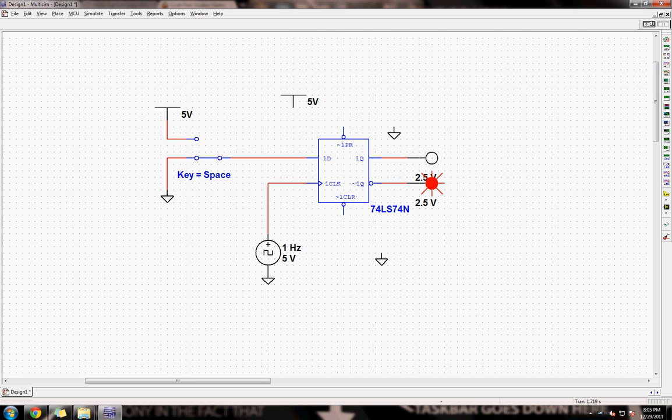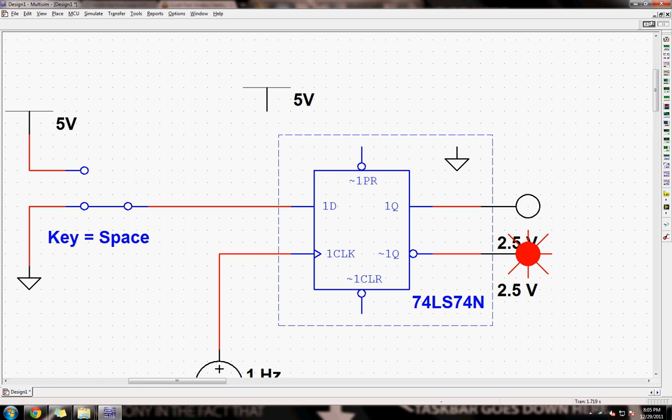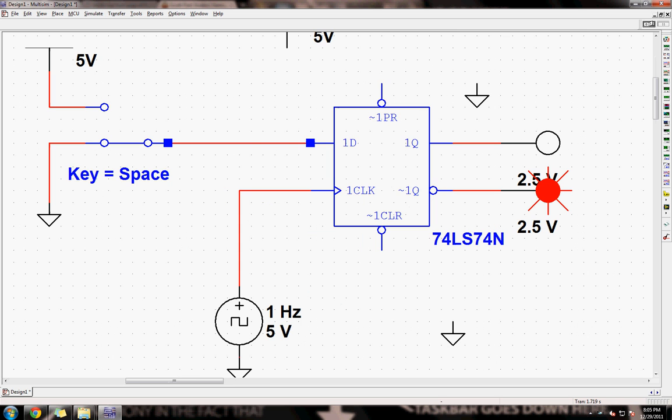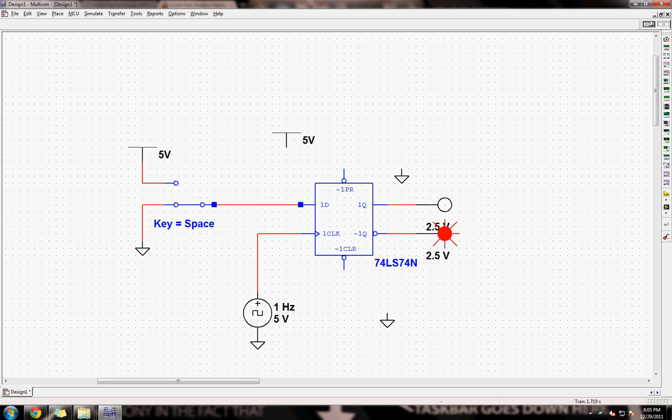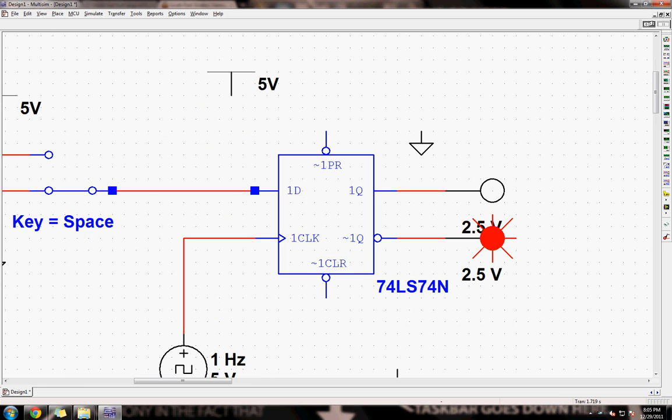Tutorial on D-type flip-flops. So I'll just explain what the pins do and how to basically wire these things up. So you have your D pin right here. This is your main input. This is where information comes in. And basically your Q, which is your output of the entire flip-flop, is dependent on D. So Q will become whatever the value of D is every single time there's a clock, which is this